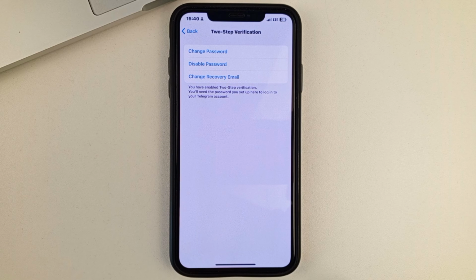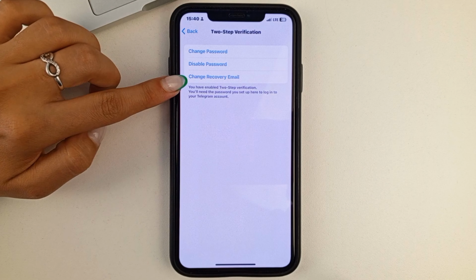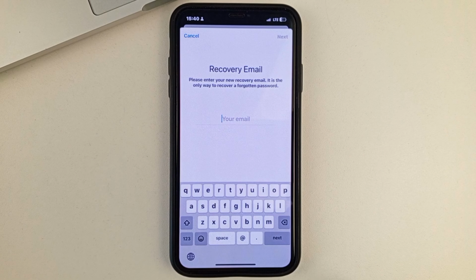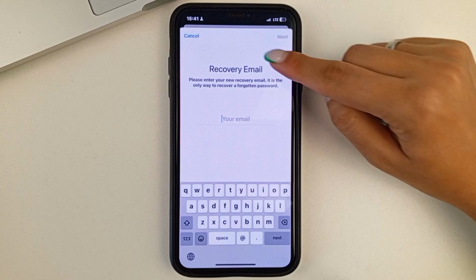And now, friends, when you enter your password, you'll be taken to a page like this. Here you will be able to, for example, change your password, delete your password. You can also set your recovery email address here. For that, friends, you will need to click right here. Now you'll need to enter your email address and add further.